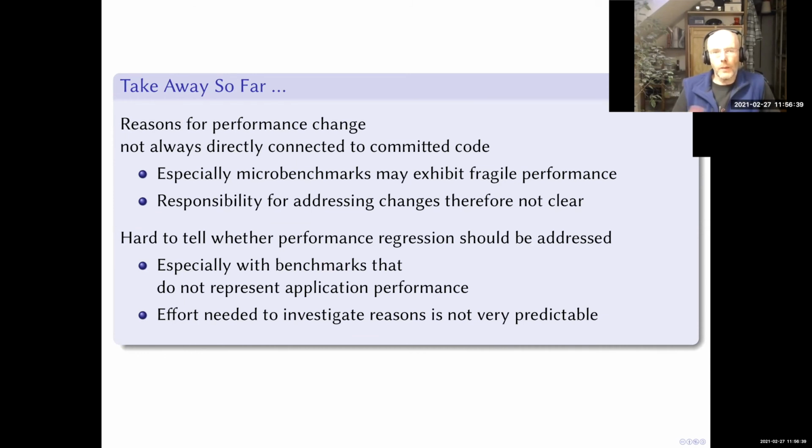Also, it's quite hard to tell whether performance regressions should be addressed, especially with micro benchmarks, because they don't really represent application performance. So one can always say, yeah, the micro benchmark regressed, but this is not something that would happen in a real application. So maybe we should always have sets of real workloads and sets of micro benchmarks. Micro benchmarks are good because they help highlight very specific issues, but the overall application benchmarks tell us which issues